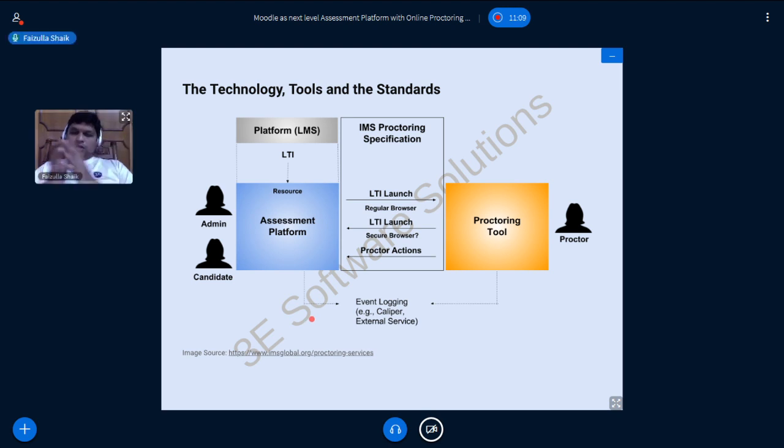Okay, so now we talked about bringing in the trusted exam integrity, and we talked about integration of the Moodle LMS with an online proctoring tool. The proctoring tool is meant for delivering the trusted exam integrity. Again, proctoring can vary in its operations and capabilities, from face recognition to live proctoring and fully automated proctoring.